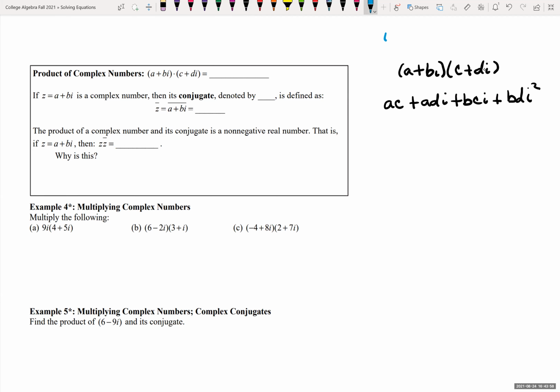So recall that i squared was equal to negative 1, or i is equal to the square root of negative 1. Square both sides, you get i squared equals negative 1. So right here, I'm going to rewrite that as negative 1. And over here, let's pull out the i from the imaginary parts. So rewriting this, I have my real part AC. This i squared is really negative 1, so negative BD